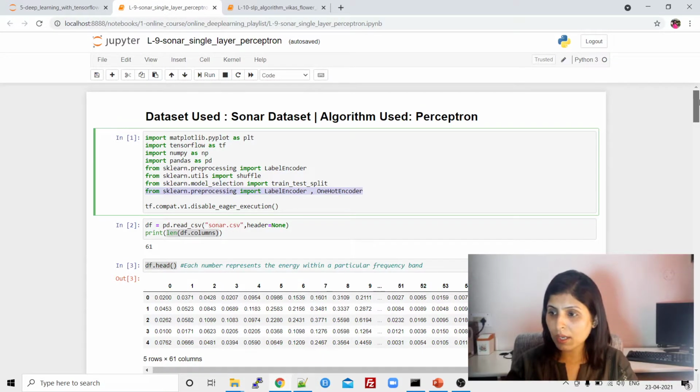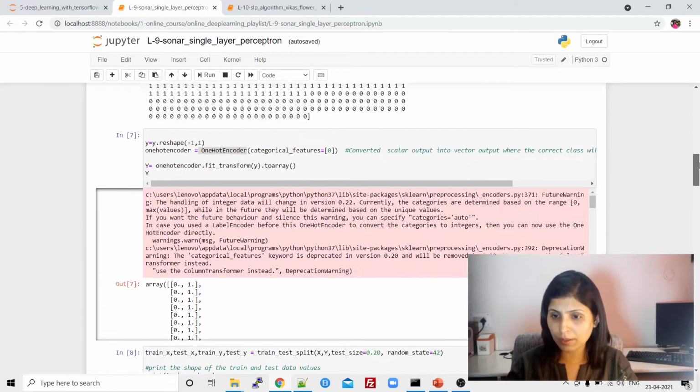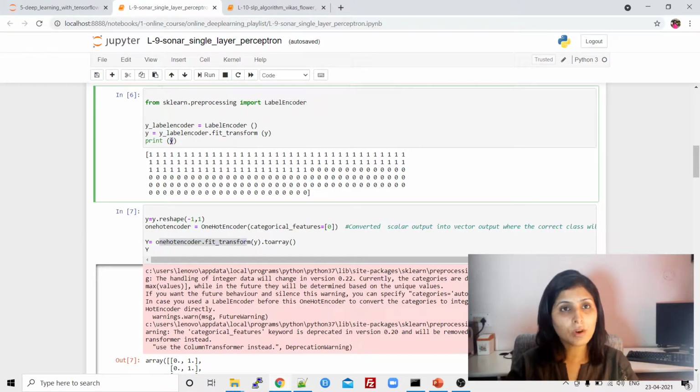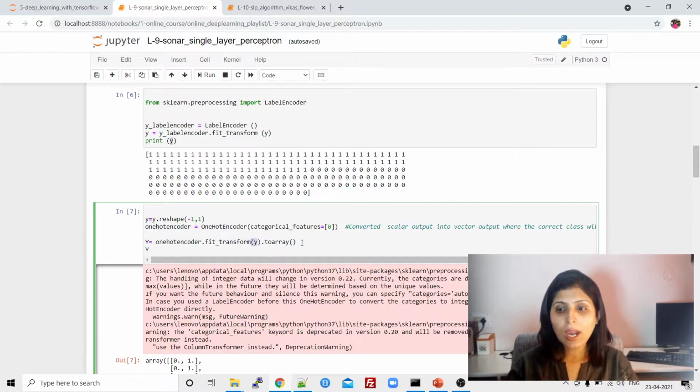So that's why I'm not importing it over here. We were over here, right? Again, in one hot encoder, we are fitting and transforming the data. Which data do you want to fit and transform? The data on which you have performed the label encoding. And then we are converting it into an array.